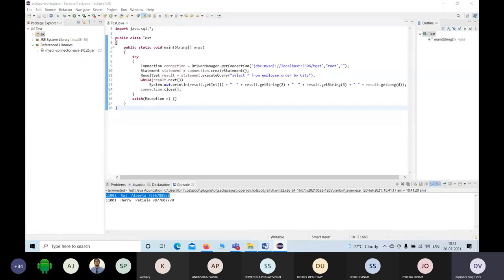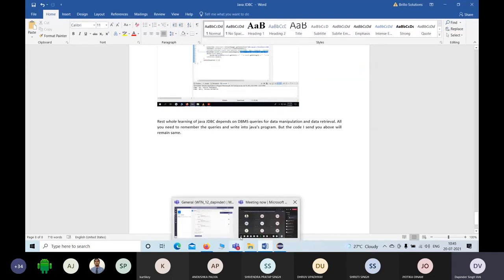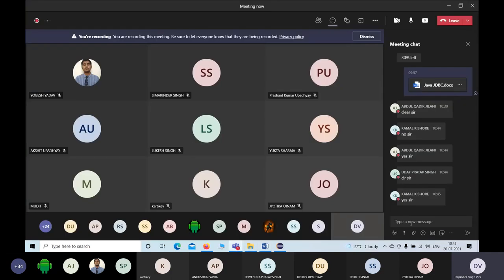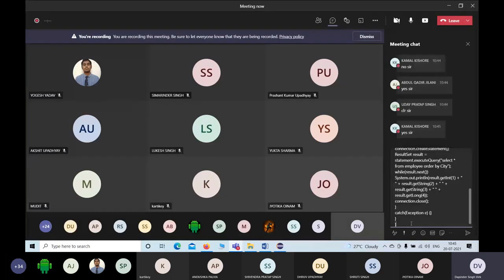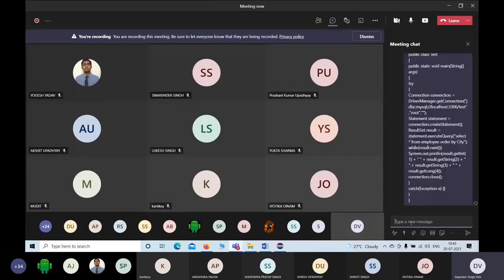This program is already present in the PPT. Nevertheless, I'm going to copy and paste it over here, so you can copy and paste this program inside